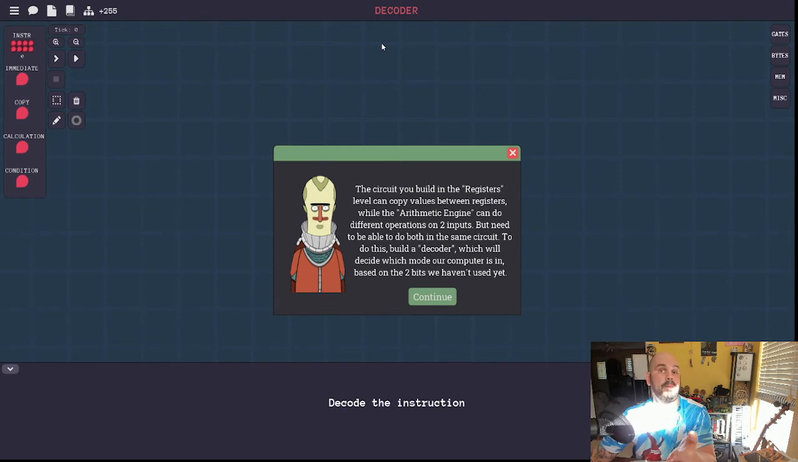And you have seen me basically build this. So we are now going to give ourselves a decoder specifically for register instructions. The circuit you built in the registers level can copy values between registers, while the arithmetic engine can do different operations on 2 inputs, but we need to be able to do both in the same circuit. To do this, build a decoder which will decide which mode our computer is in based on the 2 bits